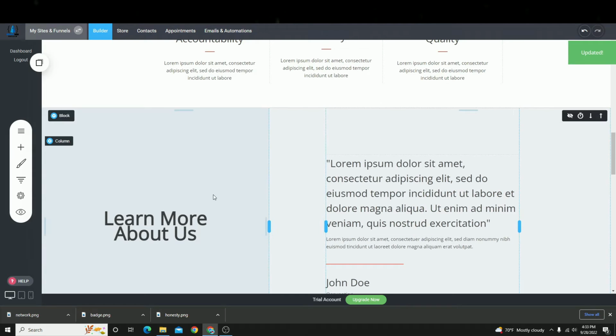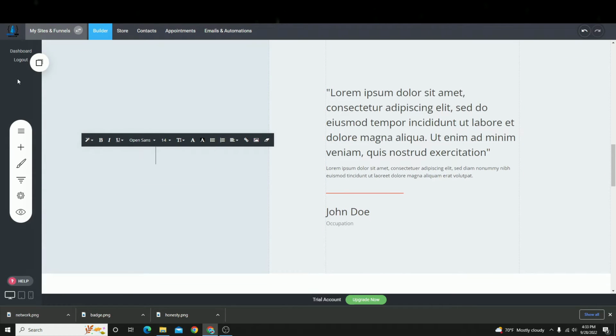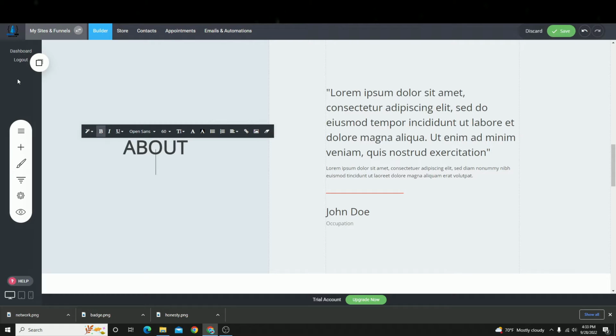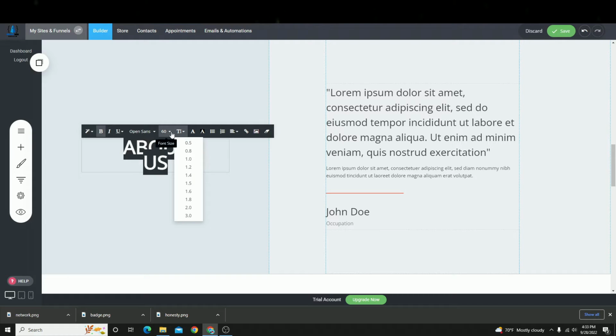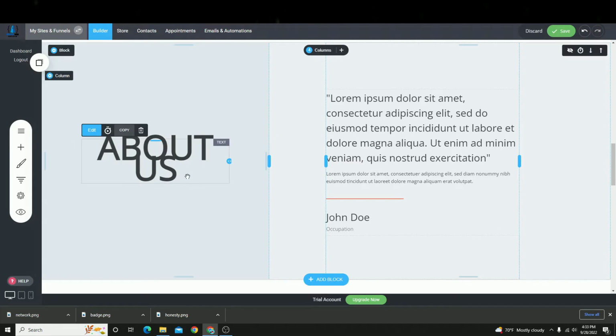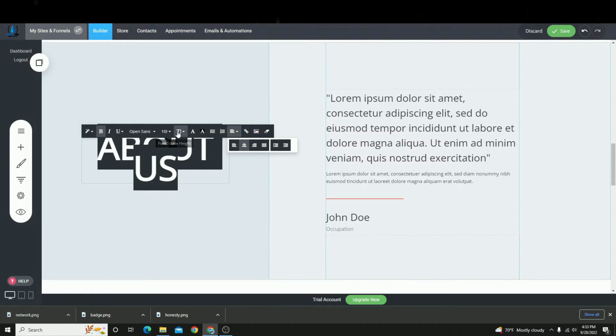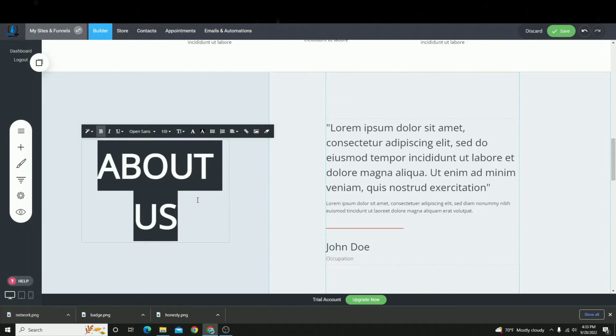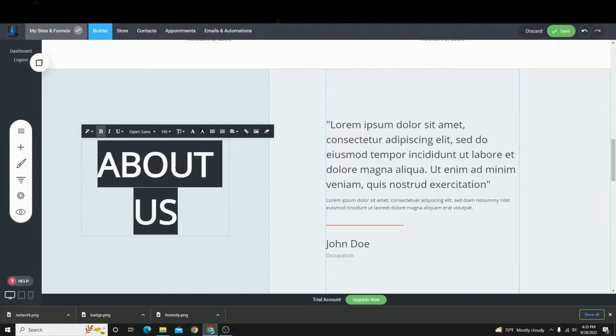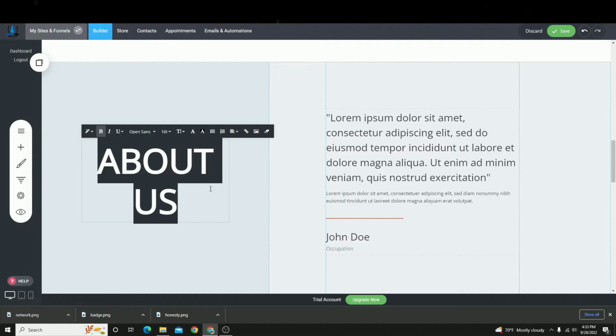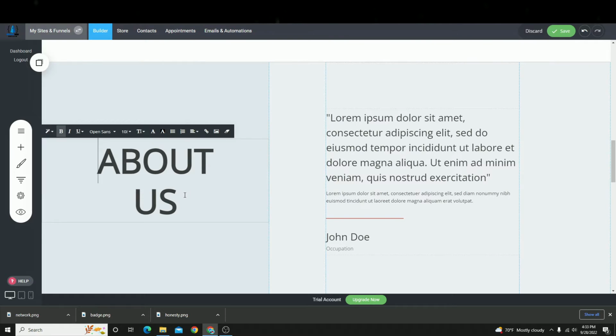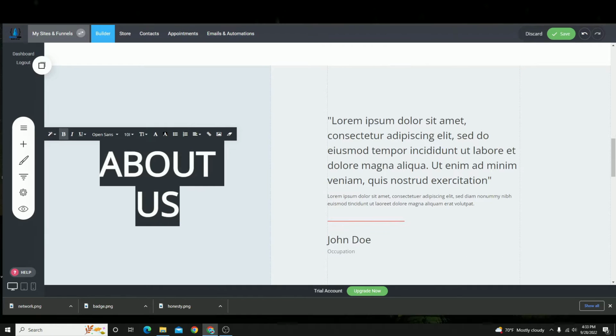Now we have our About Us section. So instead of Learn More, we'll title this About Us. Make this there we go. Make this larger. Let's go over here to line height, increase the line height. We could even decrease it slightly because it is a little bit large, so something like this. And we can look for different About Us